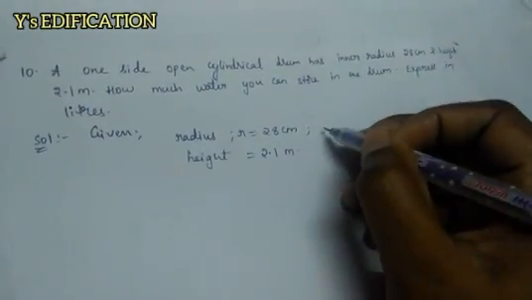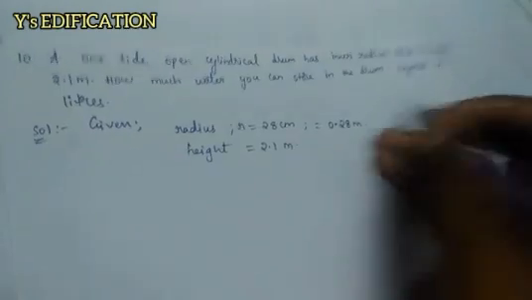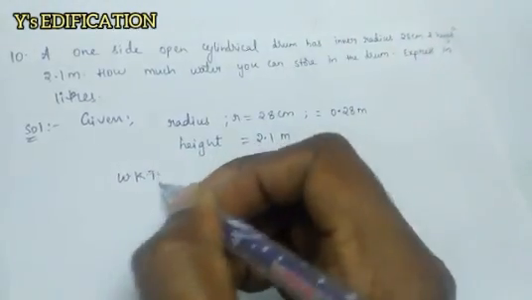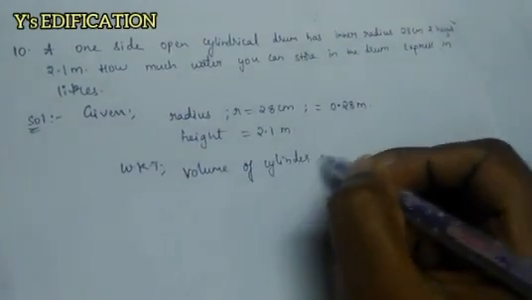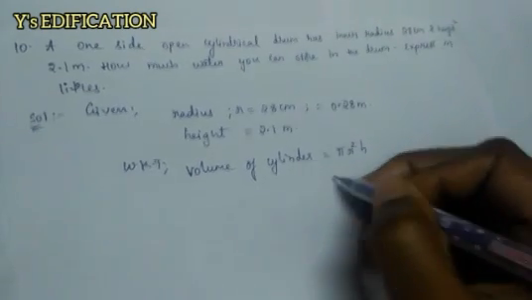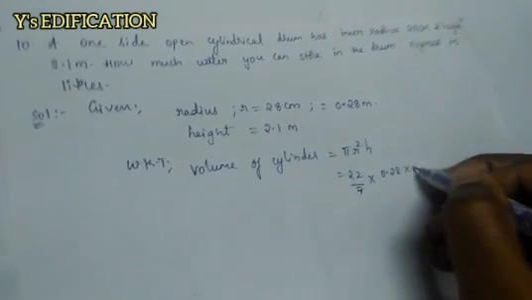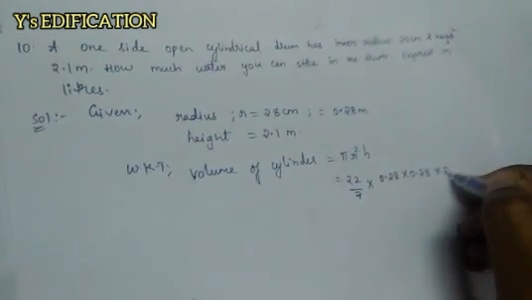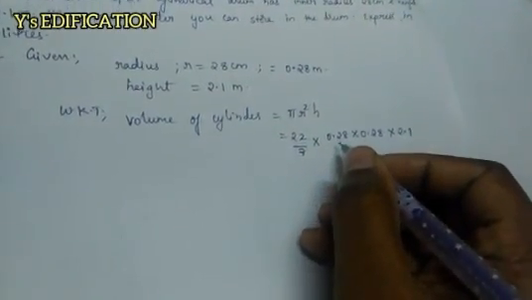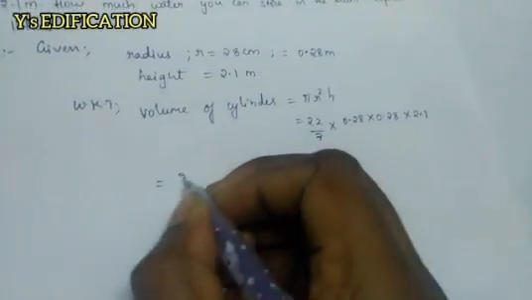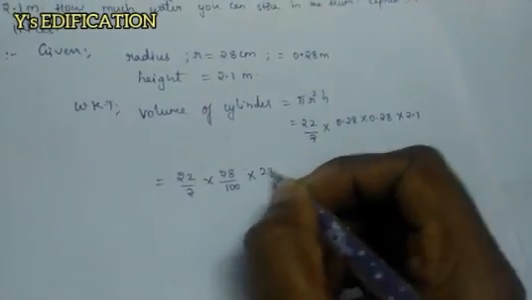Convert these centimeters to meters, so 0.28 meters. Now we know the volume of cylinder formula. Volume of a cylinder is equal to pi r square h. Pi means 22/7. R means 0.28 into 0.28 into 2.1. I'll take out this point and write it in a fraction: 22/7 into 28/100 into 28/100 into